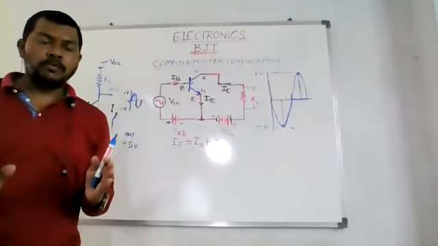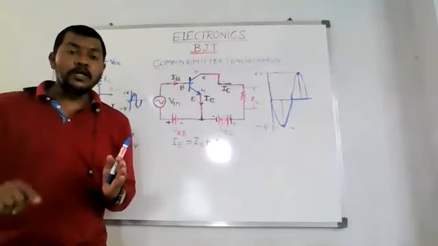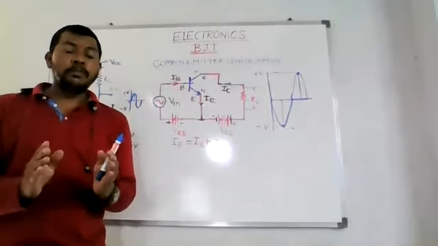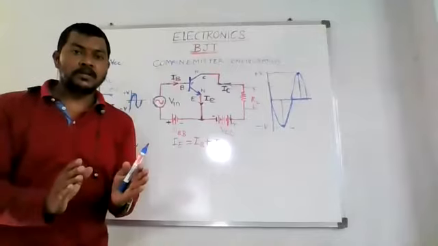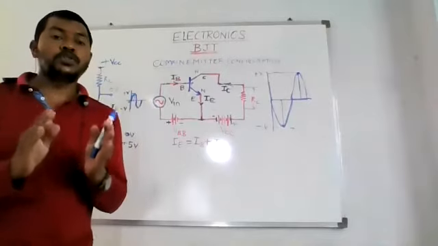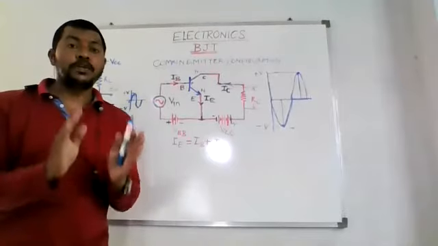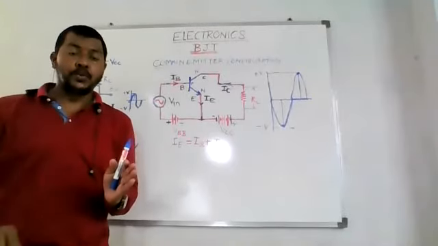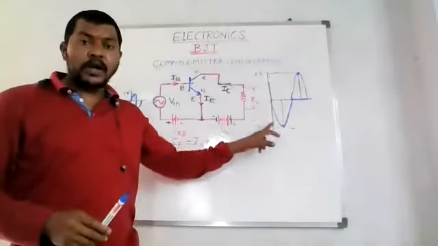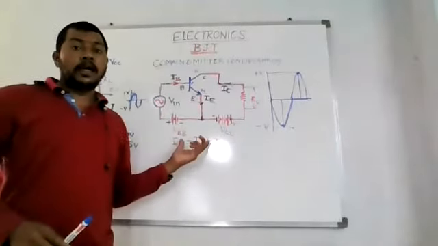If you are listening to a Kishore Kumar voice, then the voice level is being increased. It will not change the frequency, which means that you won't be able to hear the voice of Lata Mangeshkar. If you are listening to Kishore Kumar, you will be getting the voice of Kishore Kumar only, right? So that means we are not changing the frequency. We are just changing the amplitude, just changing the volume of that, right? So that is why it is called an amplifier, which changes the amplitude of a signal.